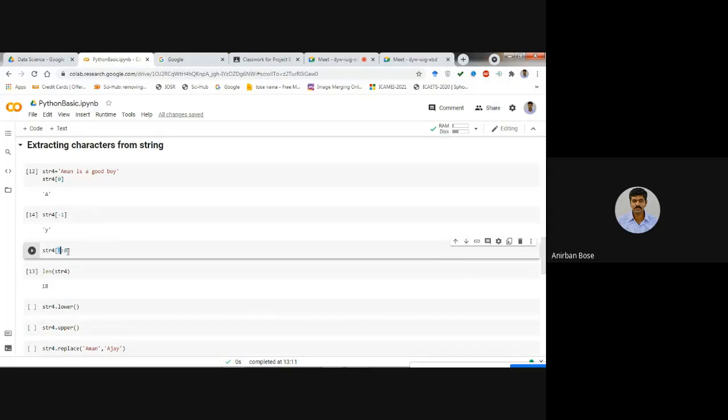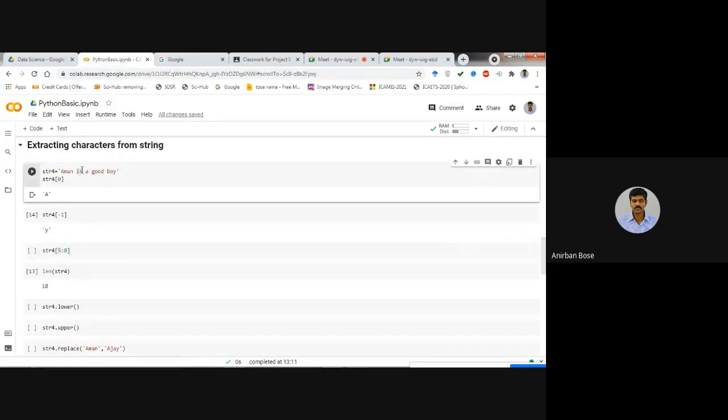5:8. Colon 8 means actually less than 8. Less than 8 means what? Which is the integer less than 8? That is 7. That means it will print 5, 6, 7. That means I, S and a space. Clear? I, S and a space. It would be better if you just change this one by say I, S, X.